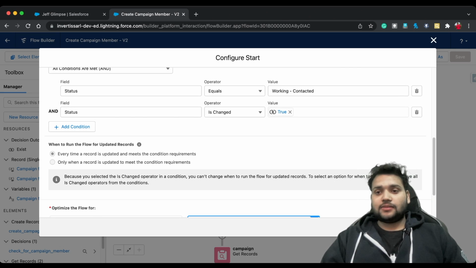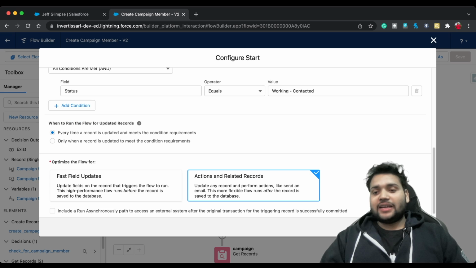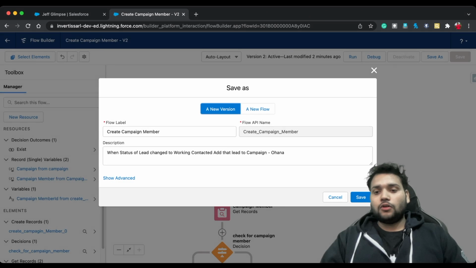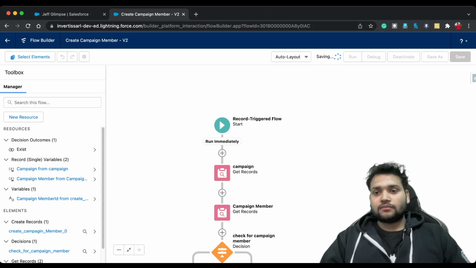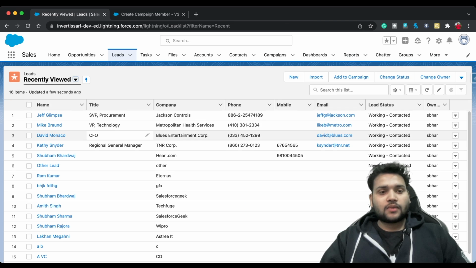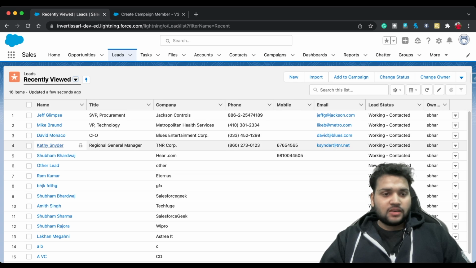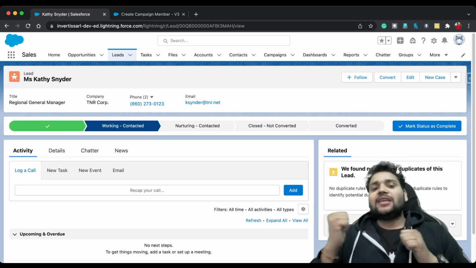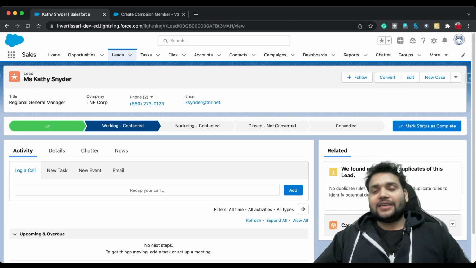What is the difference? Let's say I remove the second condition over there, click on done, and simply save our flow and activate it. If I go back to any other lead, let's say Kathy Snyder, you can see the status is already working contacted, right?